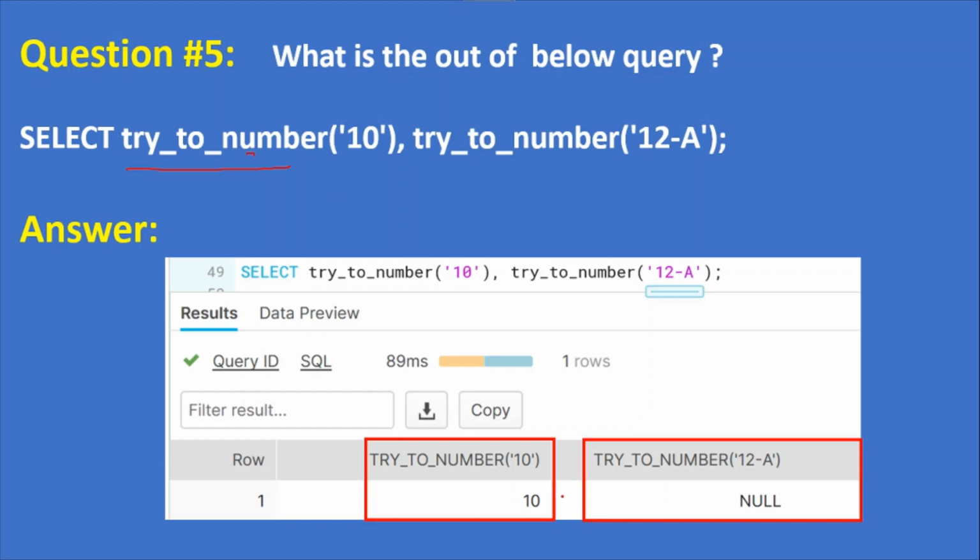That's why here we didn't get any error; instead we have a null.